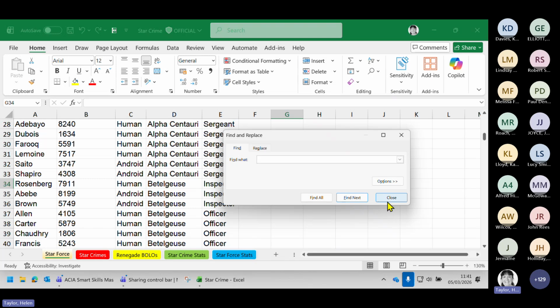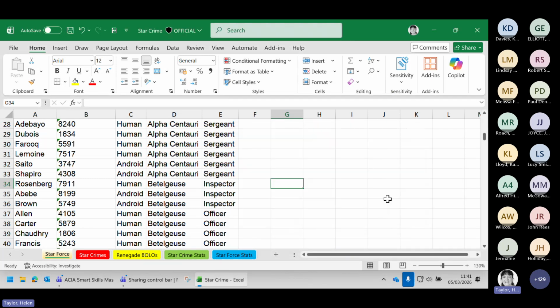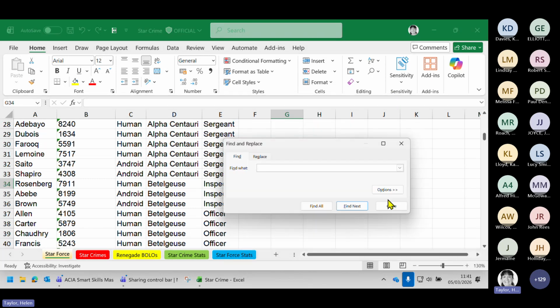You can either just select it from there, or a Control F will have the same effect. There we go. Find. What do I want to find? If you do a Control F, you also get the opportunity to change it to just the replace as well. So straightforward Find. If I'm looking for Officer